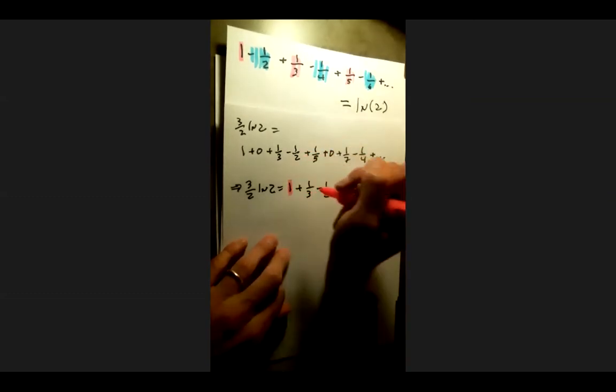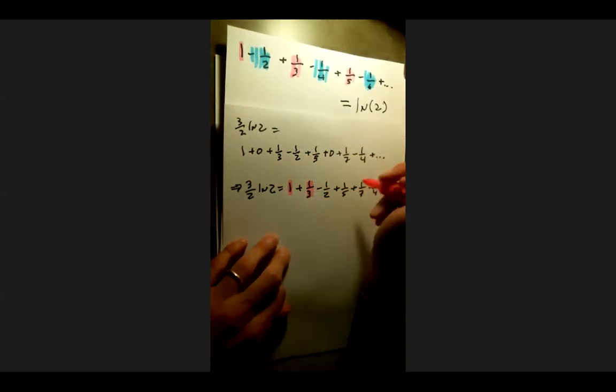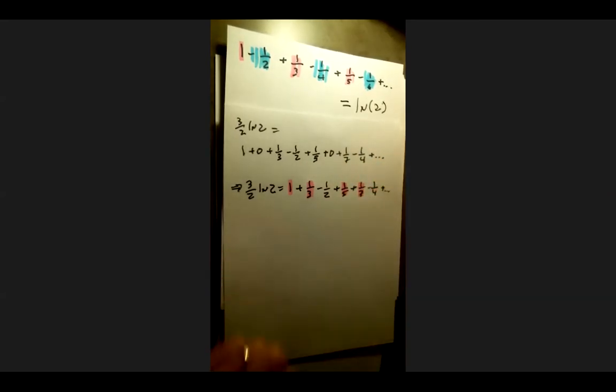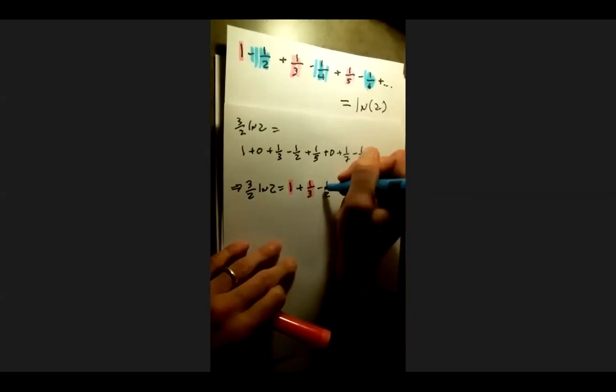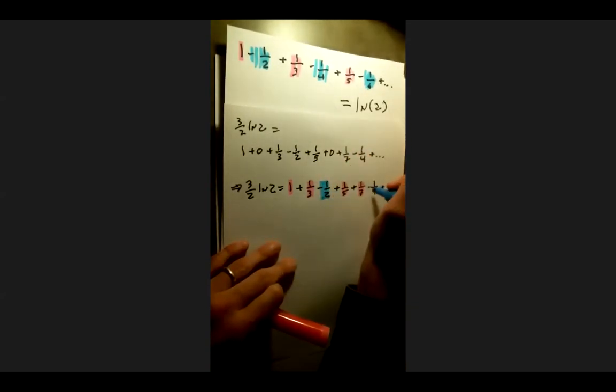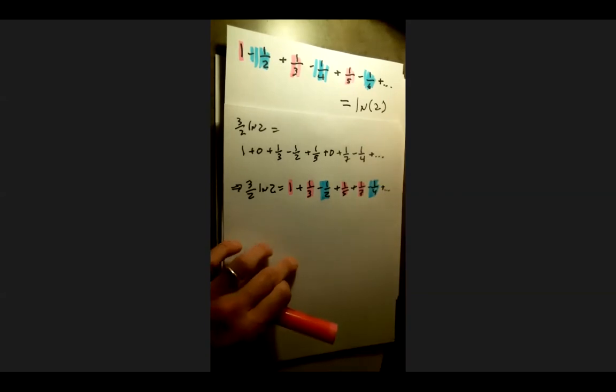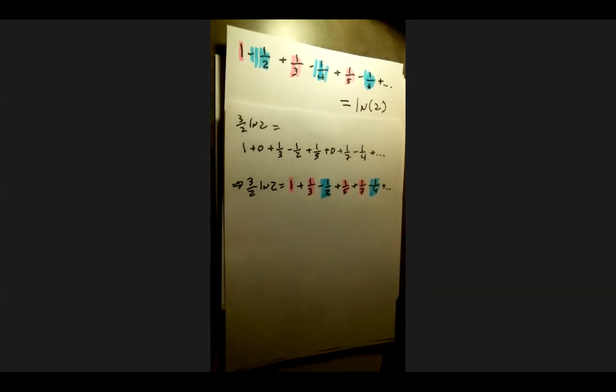Here's 1, here's a third, here's a fifth, here'd be a seventh. And I don't have enough space to keep going, but I think you can probably see pretty easily based on